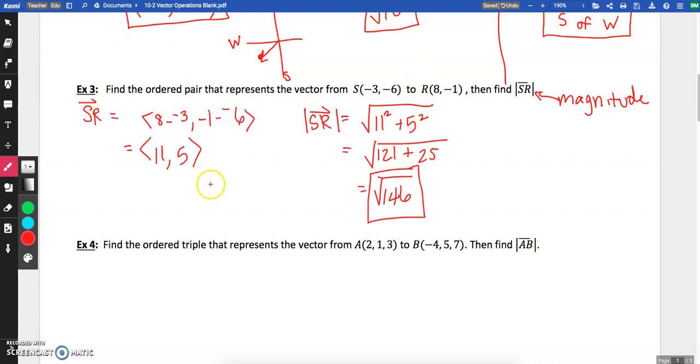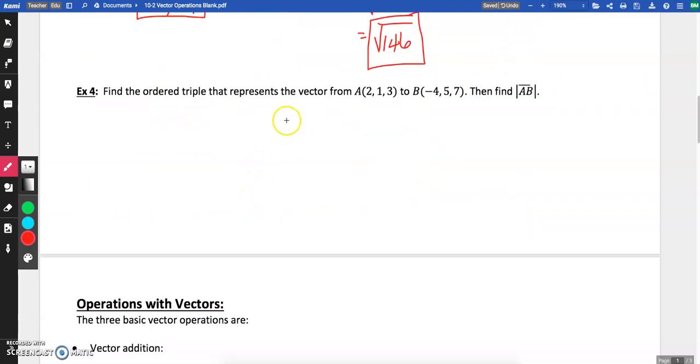All right, so here's my work for example 3. Here is my vector, 11, 5, and my magnitude was root 146. So feel free to pause again to look at that work a little bit more closely. Example 4 starts to introduce some three-dimensional vectors, so we'll look a little bit more closely at those in the